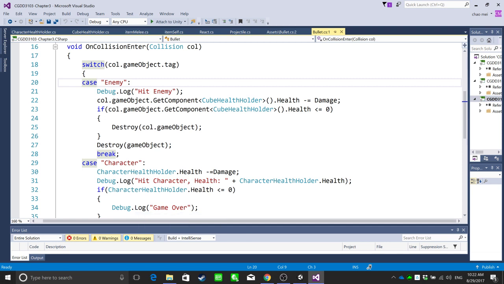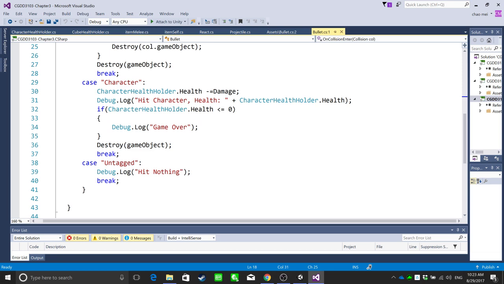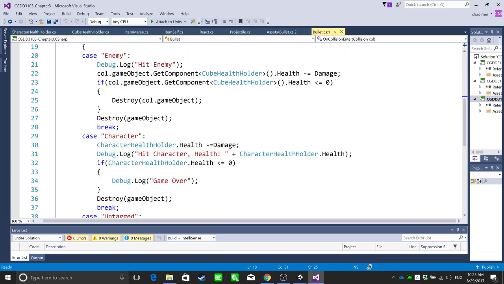So here, if that game object is tagged as enemy, case enemy, it's the collision's game object tag. If that is an enemy, what we're doing is we reduce the health of that enemy. And if it's hitting the character,